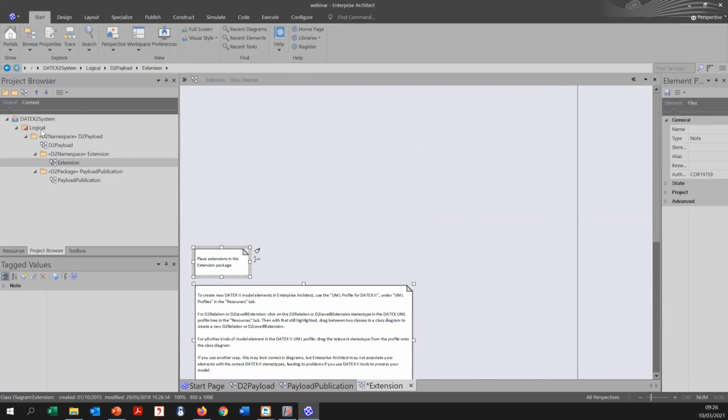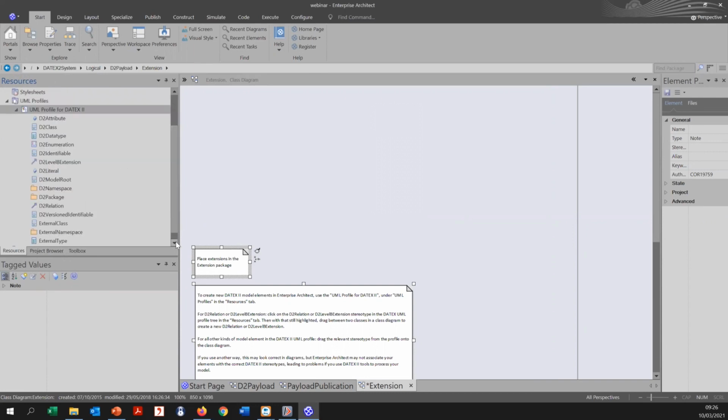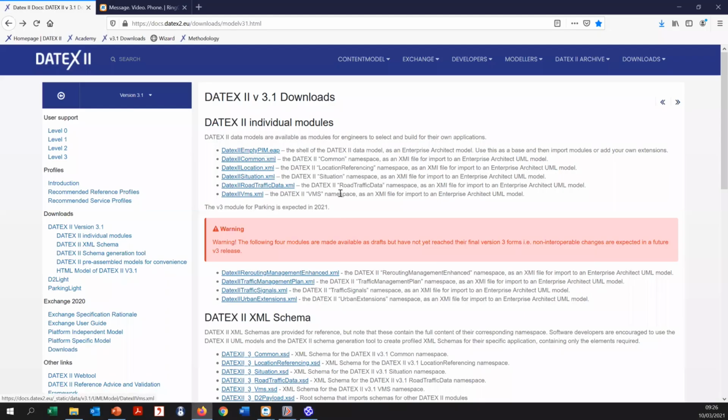I have, if you want, downloaded an empty framework, but I've also downloaded, and that's very important when I go to the resources tab, the UML profile for DATEX2. This is actually the DATEX2 meta model. So this is the toolkit of model elements that you use to create a DATEX2 model. Yeah? And if you want to understand how this meta model works, you should go to the website and read the